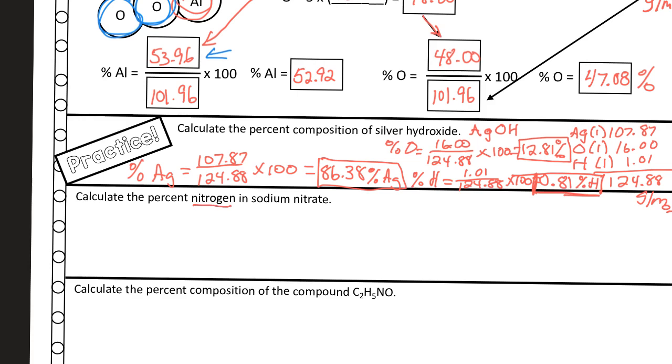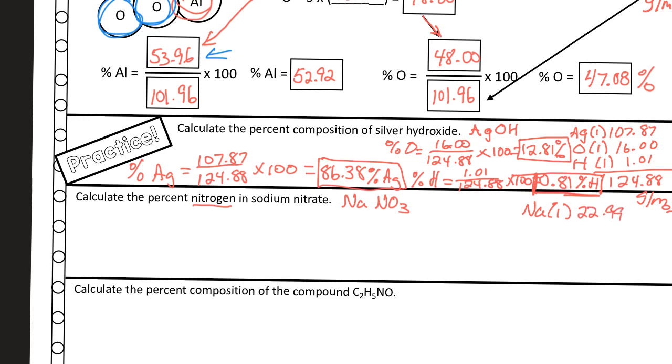So the formula for sodium nitrate is NaNO3. So the first thing we're going to need to do is find out what is the total amount of the weight for that compound, so the molar mass. So I've got sodium. We have one of them. And each one is equal to